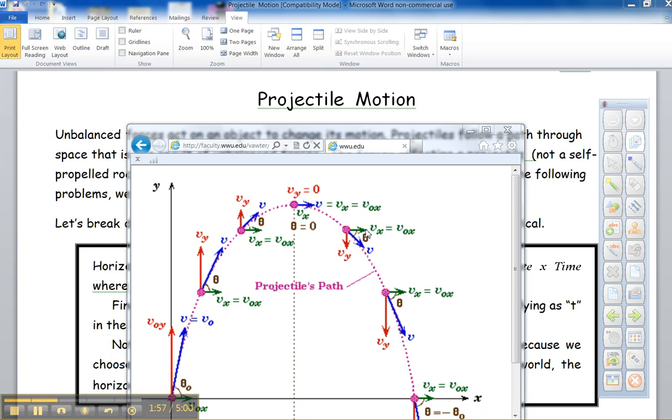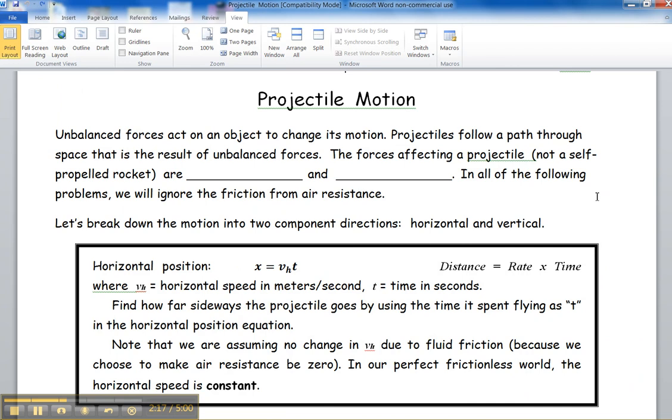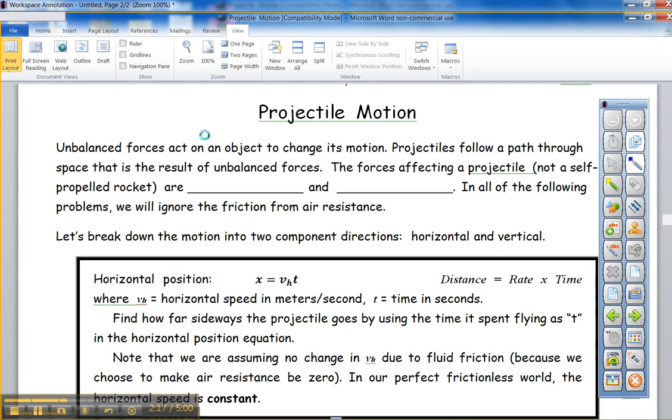And you notice quite quickly if you study these, all the green arrows are the same length, and the red arrows are different lengths. So that tells you something. It tells you that the horizontal speed is constant, but the vertical speed is changing. So that's interesting. So when we look at this little projectile motion paper that I gave you, it tells you